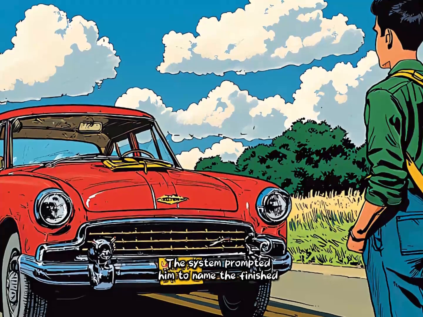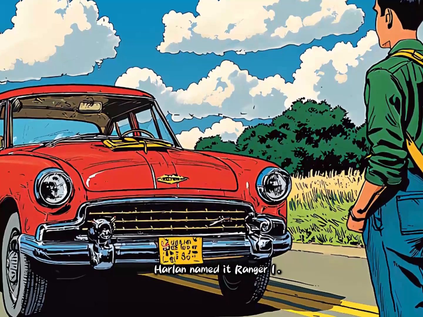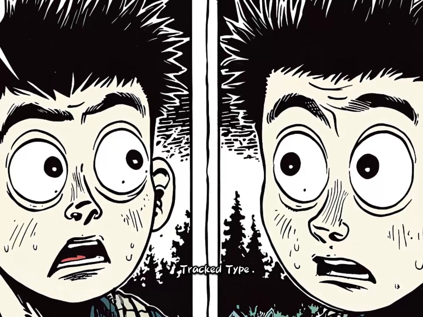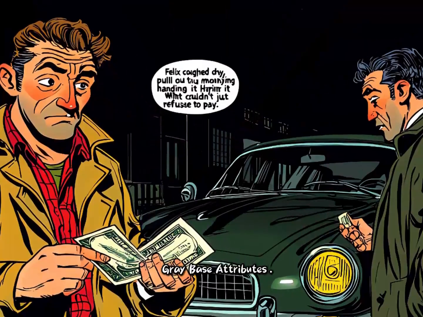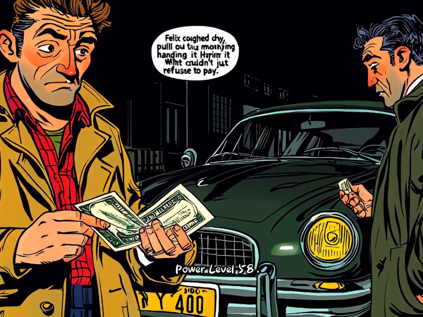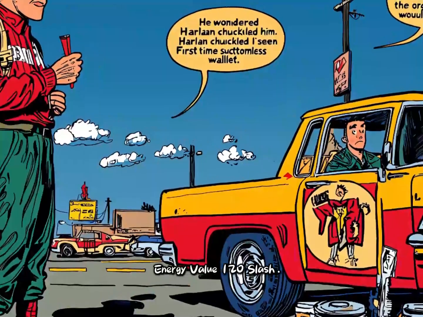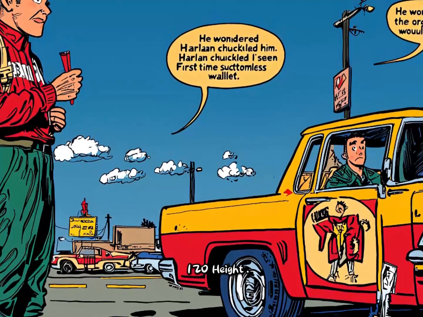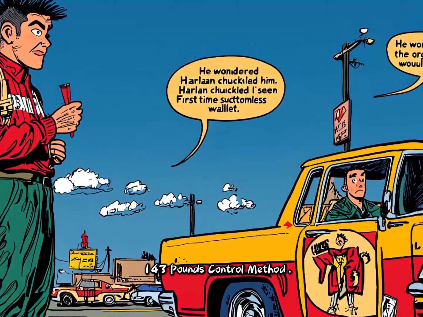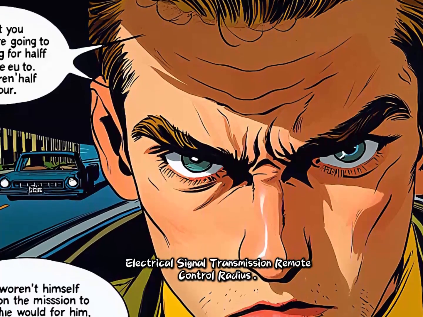The system prompted him to name the finished product, following his habits from his previous life. Harlan named it Ranger I. System notification. Ranger I, tracked type, robot quality, gray base attributes, armor value 800, defense 18, power level 58, max movement speed 23 km/h, energy value 120/120, height 1.18 meters, weight 143 pounds. Control method: remote control, electrical signal transmission, remote control radius